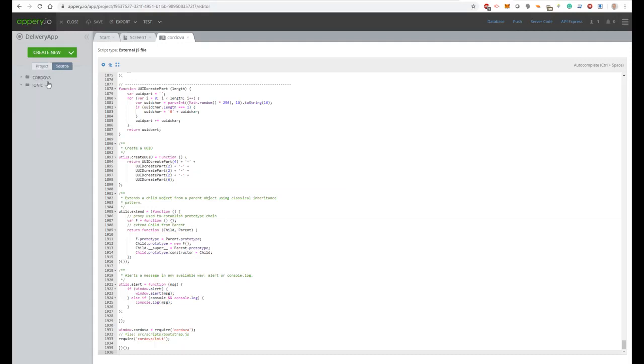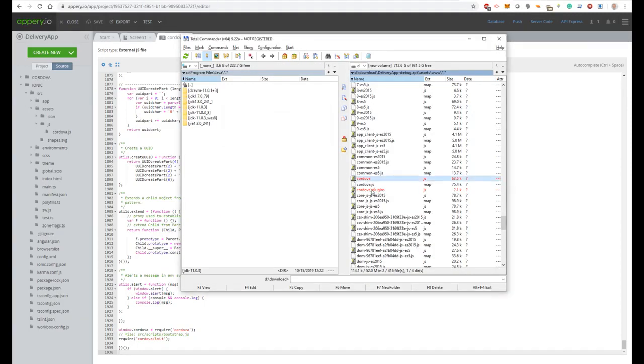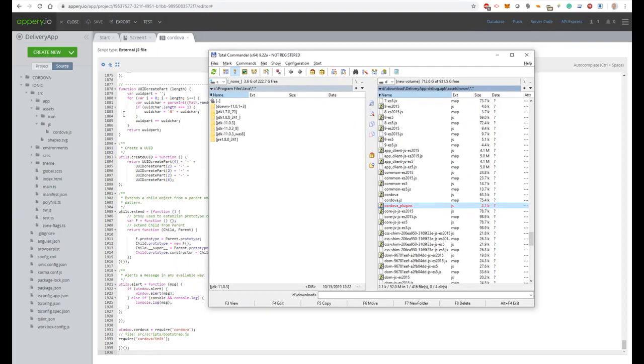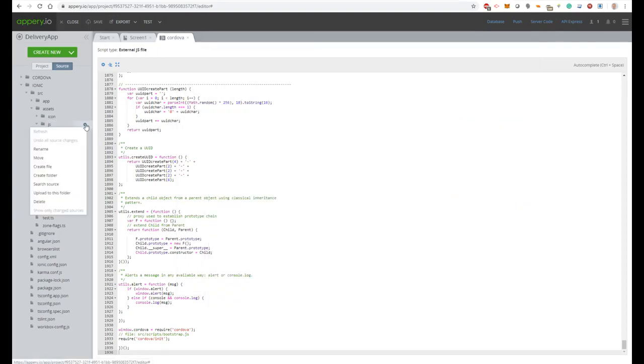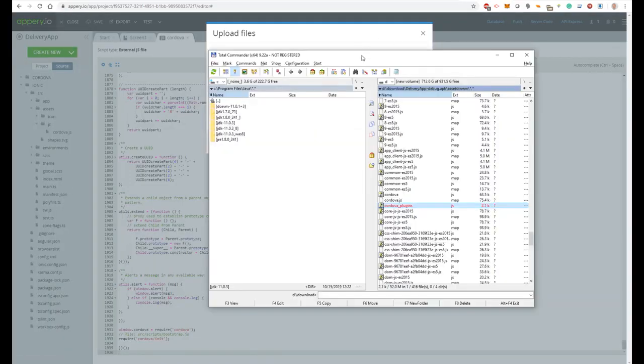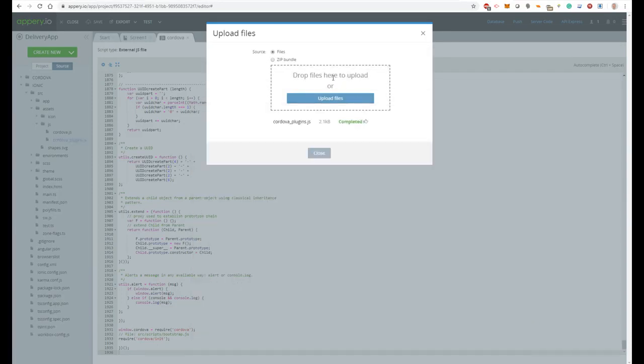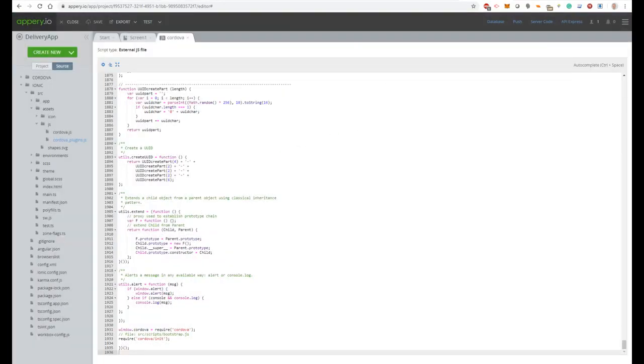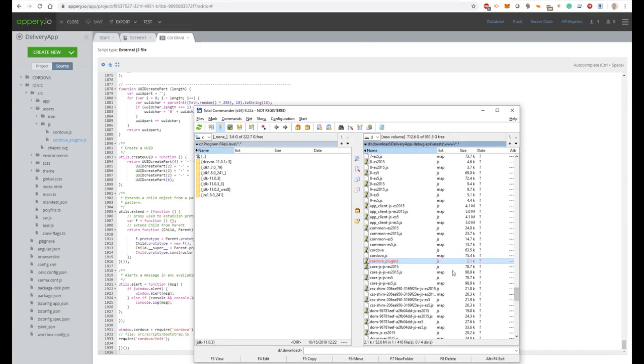Then we have to open the source tab, here Ionic, SRC, assets and JS, and here we have to transfer the cordova_plugins.js file and the plugins folder. Let's do it. So select the JS folder here and select upload to this folder, then drag and drop the cordova_plugins.js file, press close, and in order to upload the plugins folder,